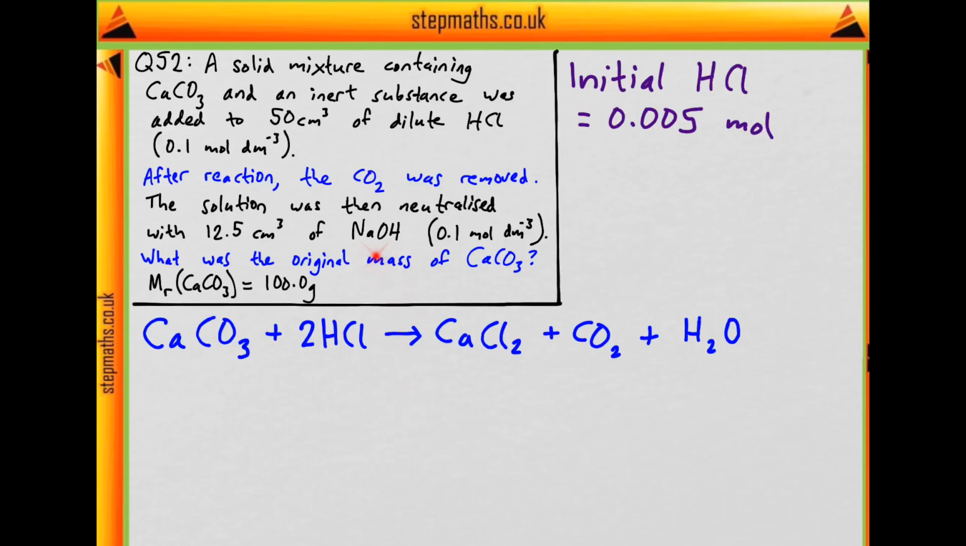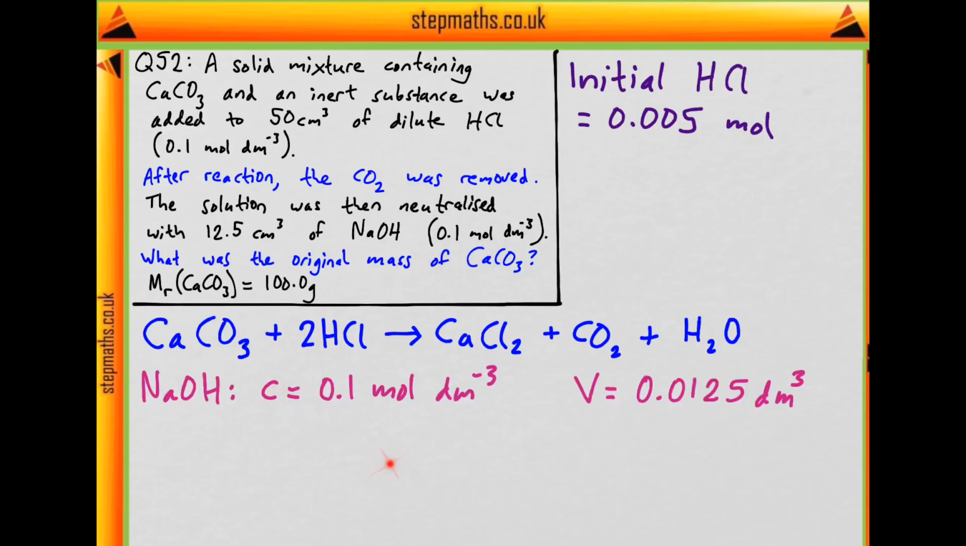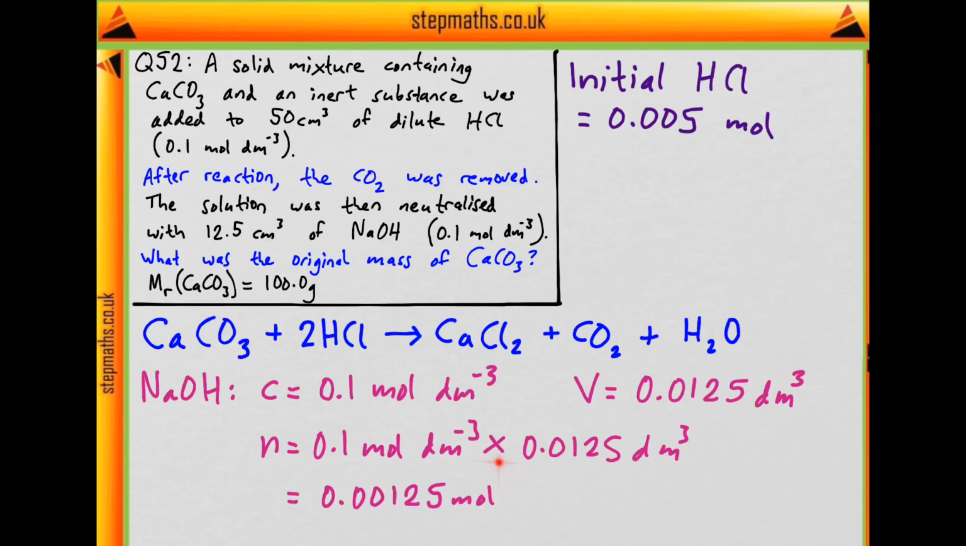Is there anything else that we can interpret in the question? What about the sodium hydroxide? We're told that we've got 12.5 centimeters cubed and 0.1 molar concentration. So let's write this down. Again, I've changed the units for volume. Why don't we work out the number of moles for this as well? Putting the numbers in gives 0.1 moles per decimeter cubed times 0.0125 decimeters cubed. Again, we're just dividing this by 10, and that comes out as 0.00125 moles of sodium hydroxide required to neutralize